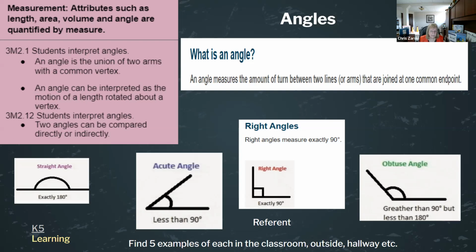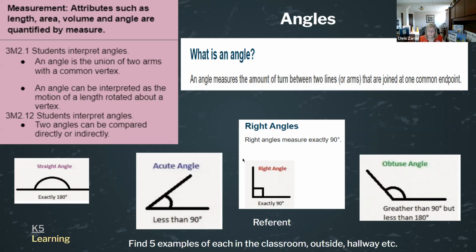In grade 3, they're not jumping into protractors. What they're using is a common angle, the right angle. And we do talk about it being at 90 degrees, but it's not so much about the importance of the 90 degrees as much as this is what a right angle looks like. Where do I see them in the classroom? I see them in the corner. I see them where the wall meets the floor, assuming everything is perfect, right? So where you have a counter, where you have a door corner. So you walk around and show them all the right angles that are right in front of them all day.